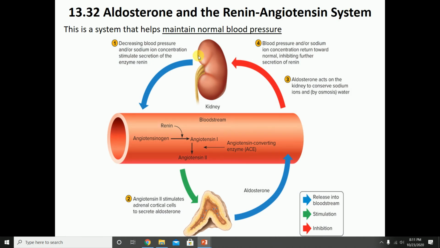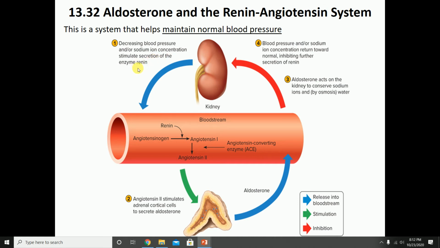So what is the aldosterone and the renin-angiotensin system? It's a system that helps maintain normal blood pressure. The system really has receptors in the kidney. These receptors look for blood pressure, and they look for the sodium ion concentration in the bloodstream or in plasma. So if either one is decreased, so decreased blood pressure or sodium ion concentration